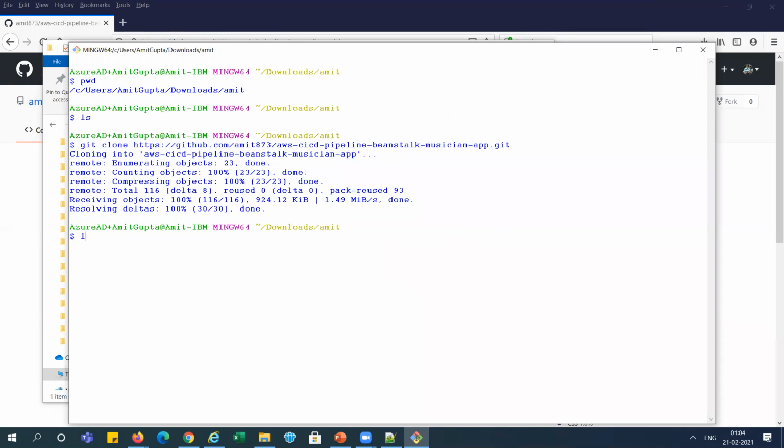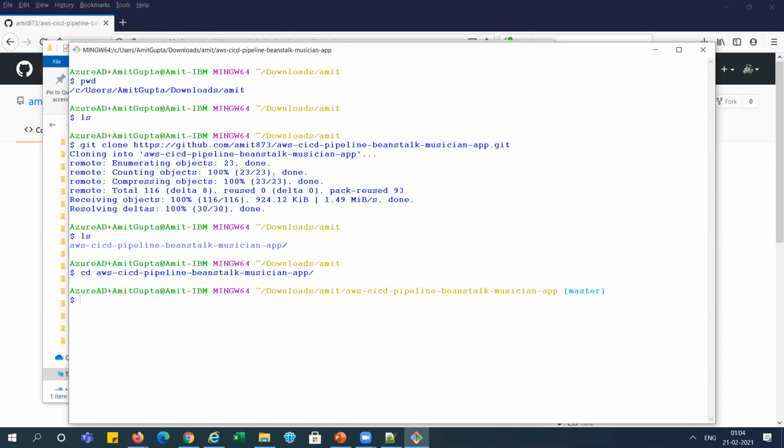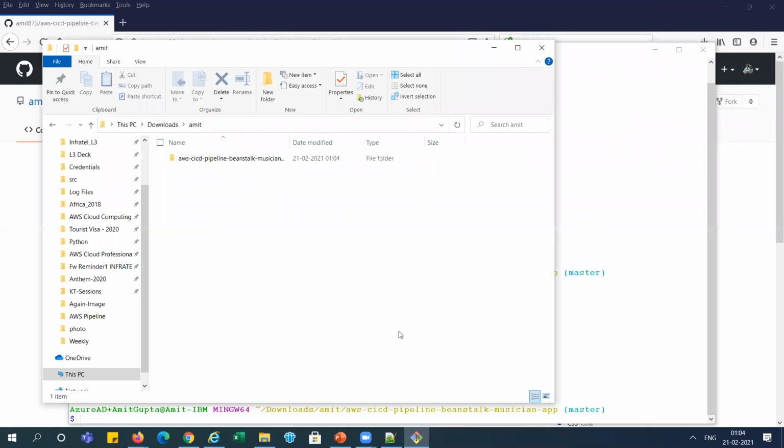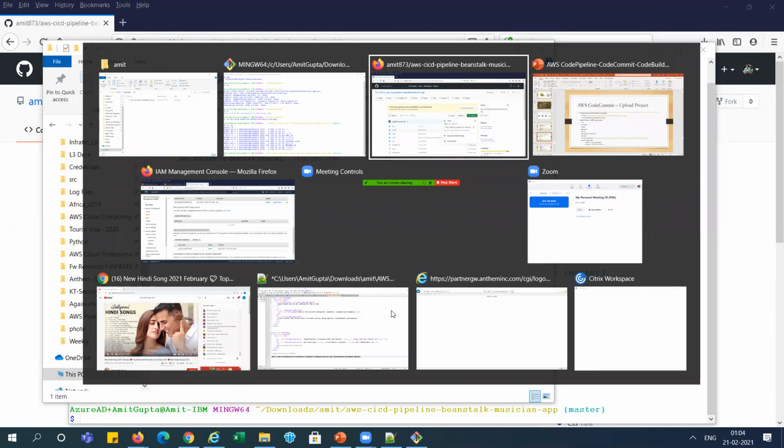And cloning has been done. If I go here, we have that repository. This is the local Git repository we got, but we need to delete it because we don't want it here.